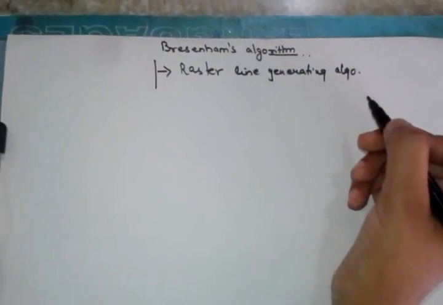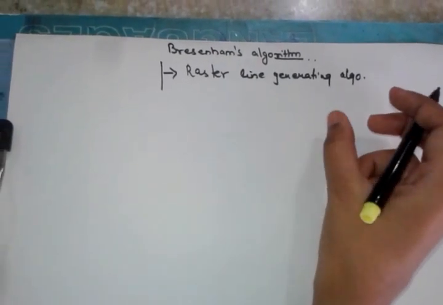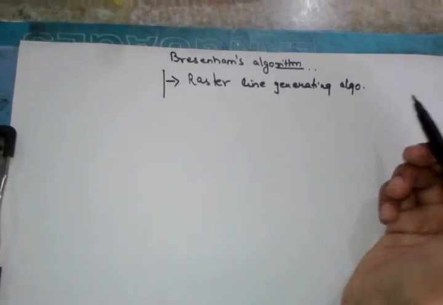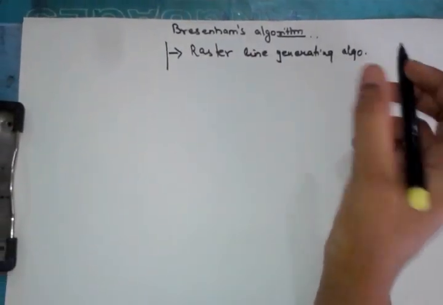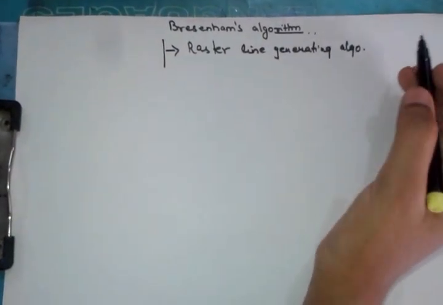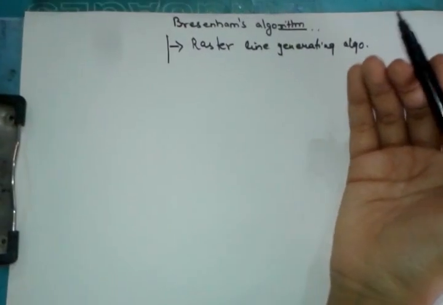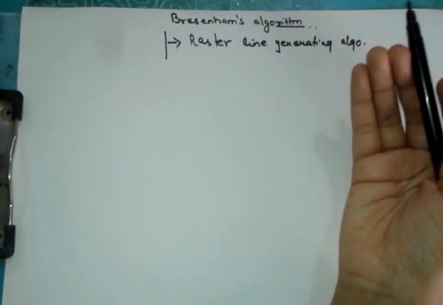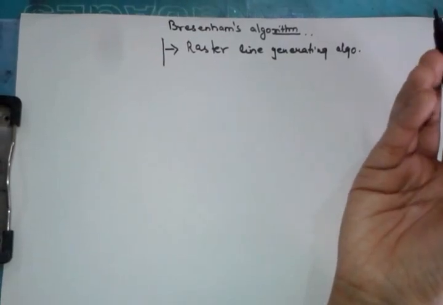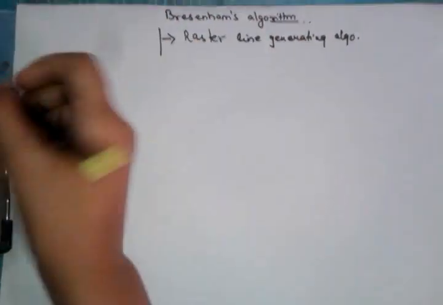The algorithm developed by Bresenham scan converts lines using only incremental integer calculations that can be adapted to display circles or other curves. Basically, Bresenham's algorithm removes the limitation or disadvantage of the DDA line algorithm, and it is a generally used algorithm mainly to draw circles or other curves, polygons, etc.